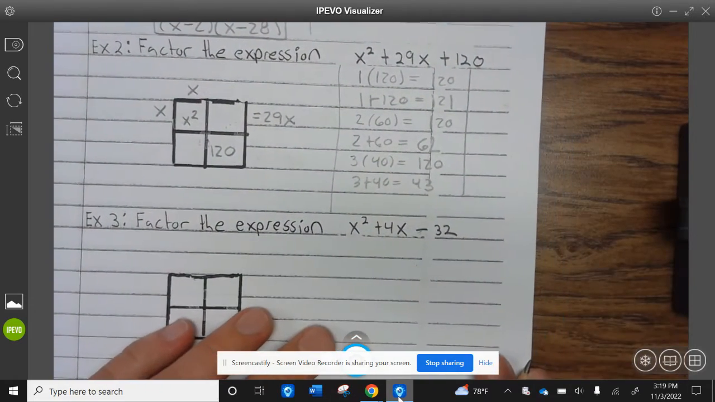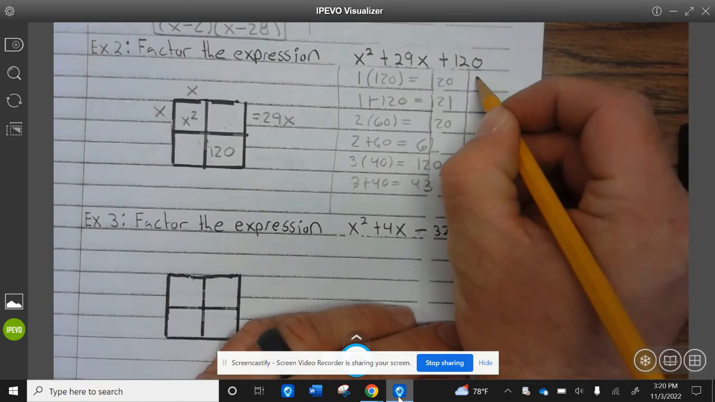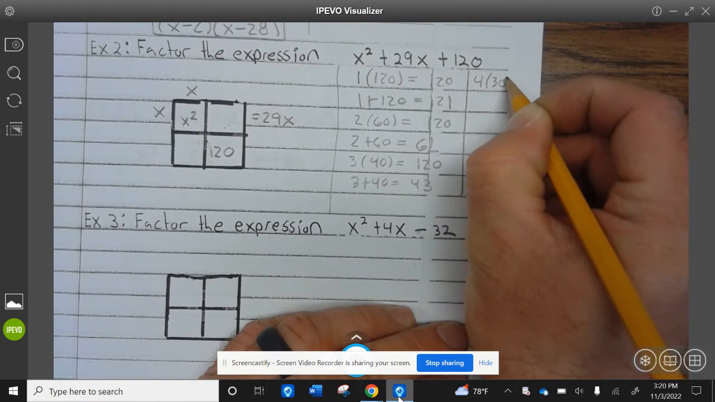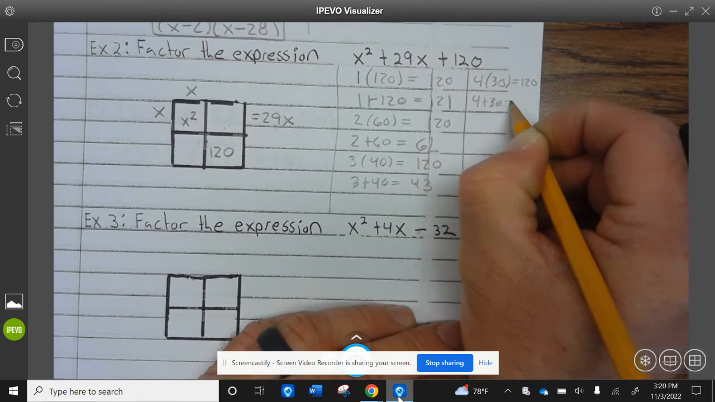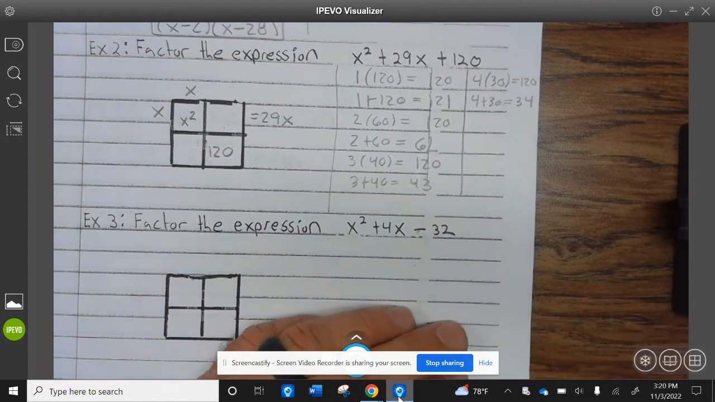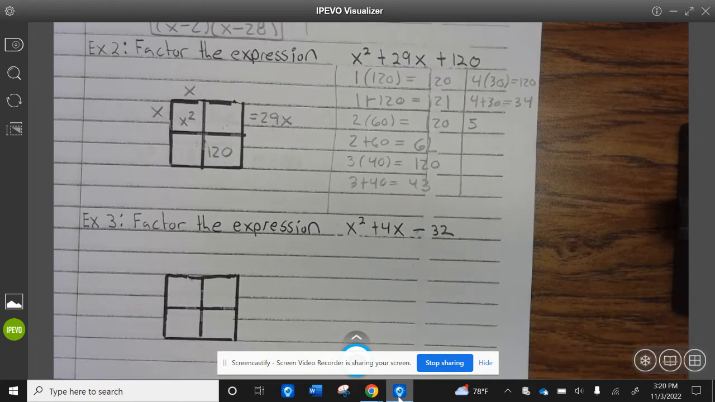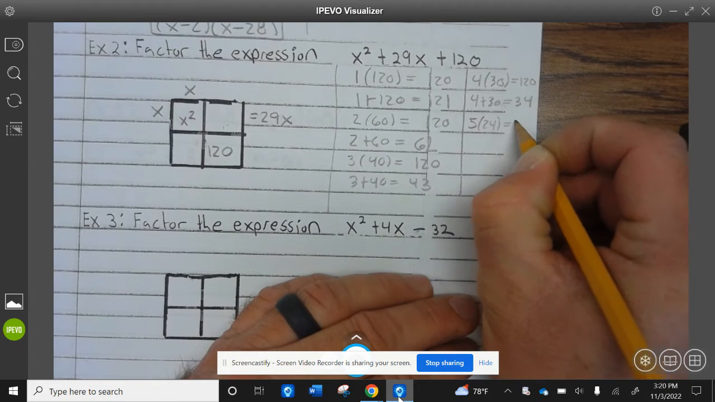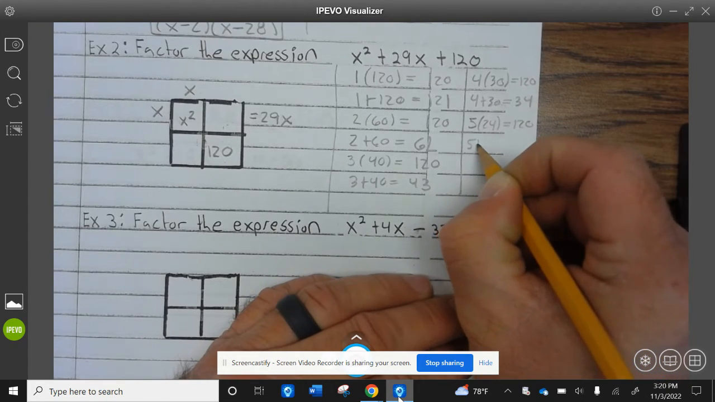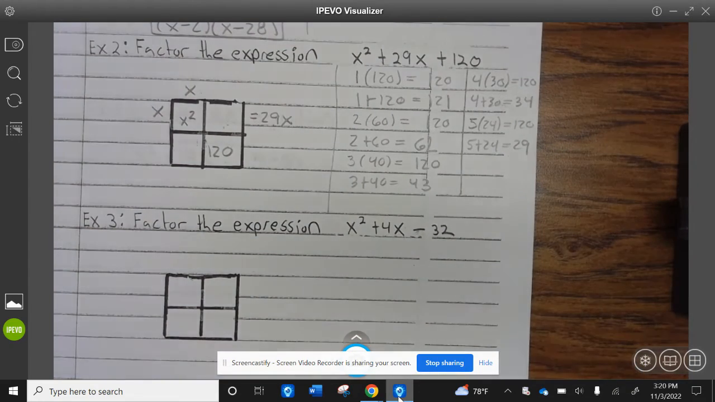Okay, so now let's try 4 times 30 is 120. 4 plus 30 is 34. That doesn't work. So now let's try 5 times 24 equals 120. 5 plus 24 equals 29. So that worked. So our factors are x plus 5,